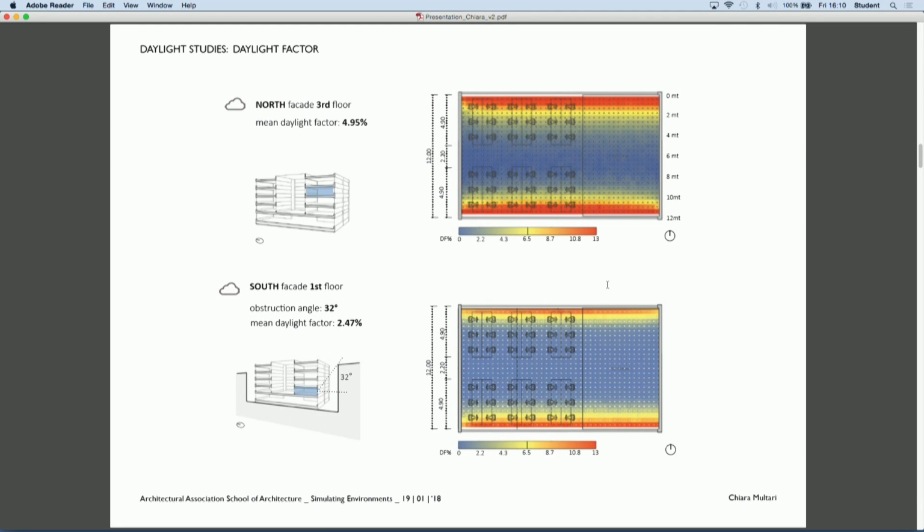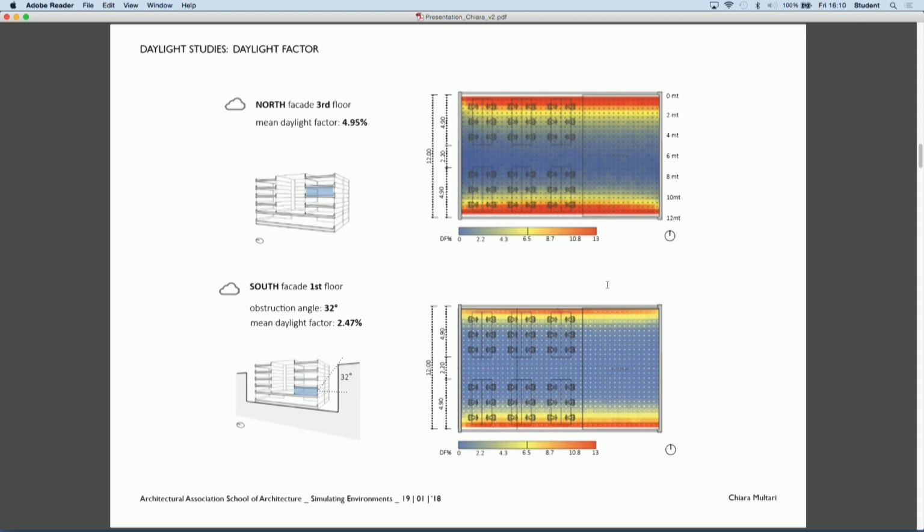This is a typical daylight simulation, showing the daylight factor. As I said at the beginning, the first cycles of simulation were run on a very basic shoebox model. As you can see, the daylight factor is consistently impacted by the urban context.